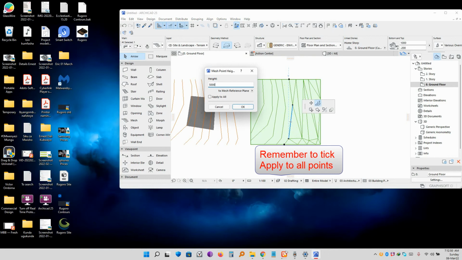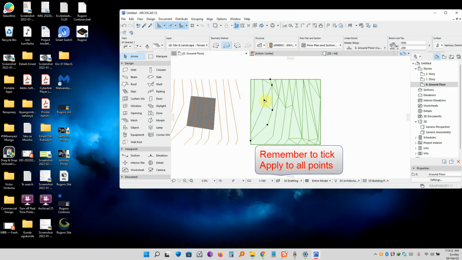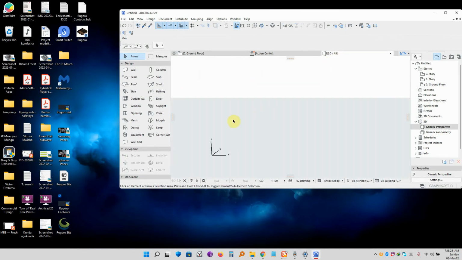I put 5000 millimeters. I go to that. I put 6000 millimeters. I go to this, 2000 millimeters. I go to this, 8000 millimeters, 9000 millimeters. And that's the